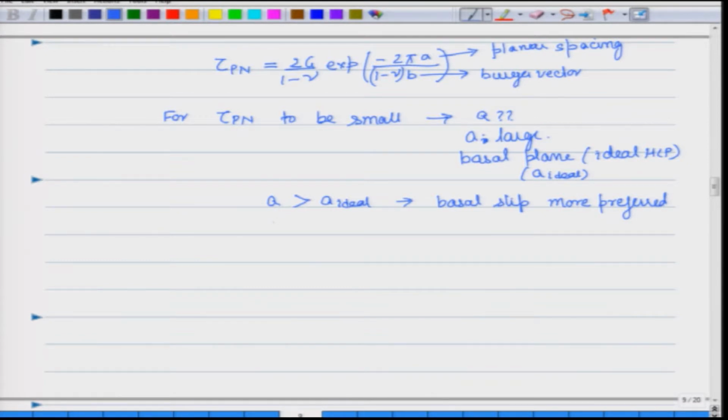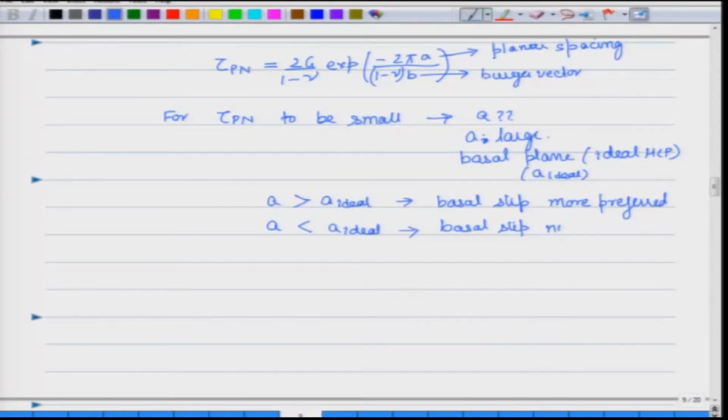And as you keep reducing a, so if you go less than a ideal, the spacing between basal planes will not be as large as we wanted, and the spacing between some other planes, for example, the prismatic planes, may become larger, and therefore those may start to become the dominating shear stress, or they will be the more preferred slip plane. So, basal slip is not as much preferred,